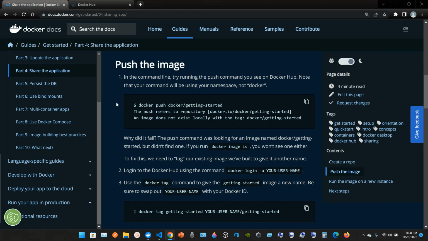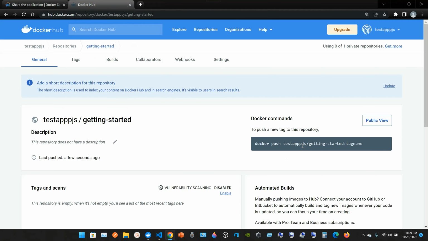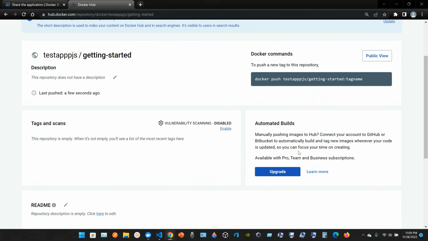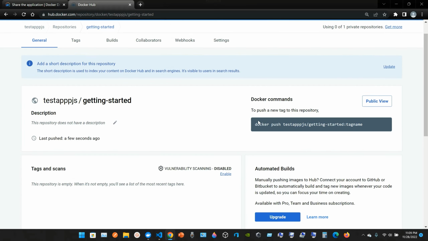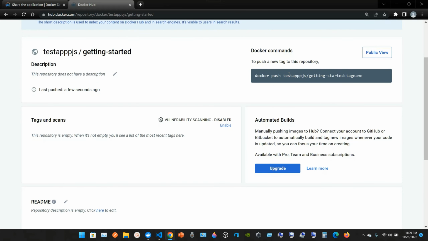Okay, push the image. 1. In the command line, try running the push command you see on Docker Hub. Note that your command will be using your namespace, not Docker. So it's gonna be Docker push Docker getting started. Okay, upgrade, public view. Okay, to push a new tag to this repository. Okay, we copy these